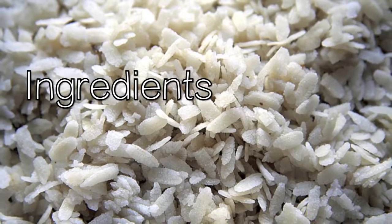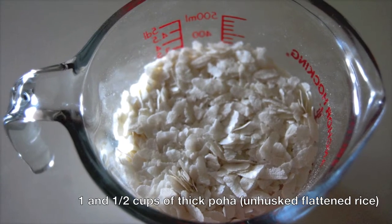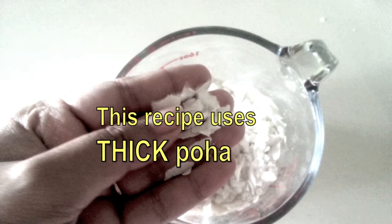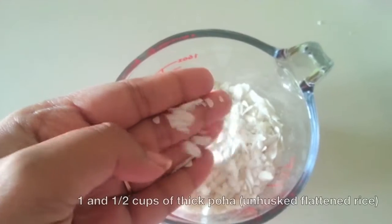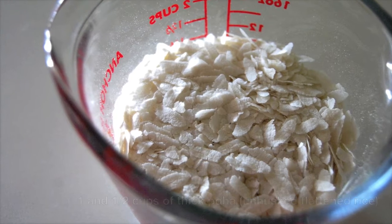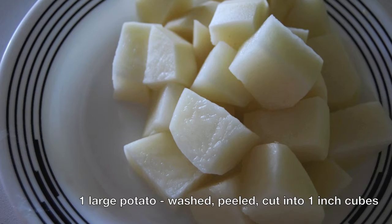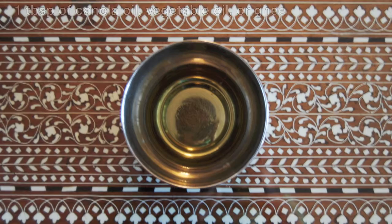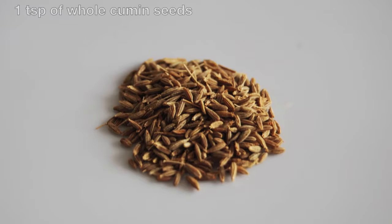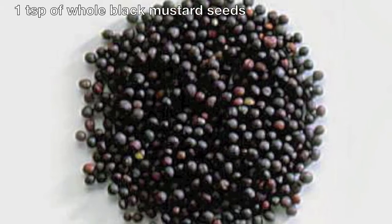You're going to need 1.5 cups of thick poha. Poha is unhusked flattened rice, and definitely get the thick kind, not the thin kind, because that will disintegrate really quickly in this recipe. You'll also need 1 large potato, washed, peeled, and cut into 1-inch cubes. 1 tablespoon of canola oil, vegetable oil, or ghee, 1 teaspoon of whole cumin seeds, 1 teaspoon of whole